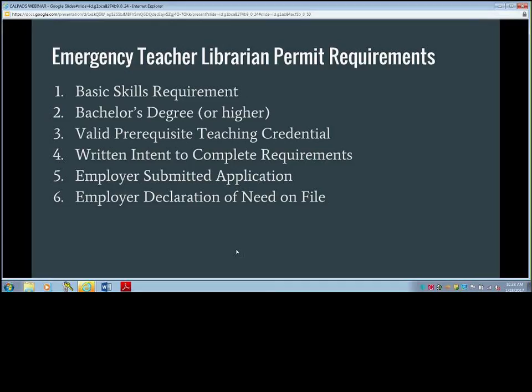The next question is, would a CTE credential cover the valid prerequisite teaching credential? It's full-time, and the BA and basic skills are met. It's just a full-time designated subjects credential. Right, we no longer use the terminology part-time or full-time for the current designated subject, CTE, or adult education teaching credential. So it would satisfy the requirement as long as the individual held a bachelor's degree and had passed the basic skills.